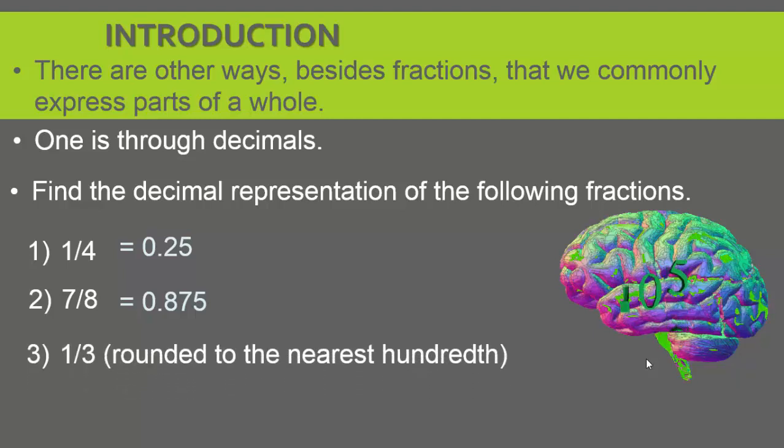In example number 3, we're given 1/3, and we want to be able to round this to the nearest hundredth. So let's go to the whiteboard and work this out in detail to see why we have to round this to the nearest hundredth and what that means. In example number 3, we have 1/3. So we're going to go about it the same way as we did 1 and 2. So we have 3 goes into 1. Well, we know we can't. 3 doesn't go into 1, so we'll put 1.0, bring up the decimal point here,